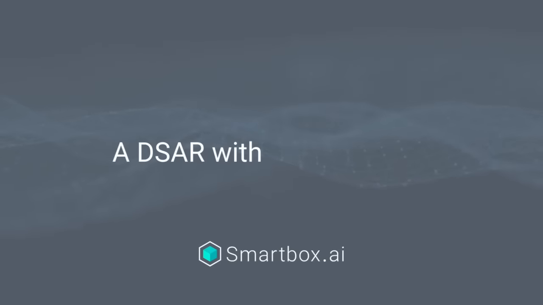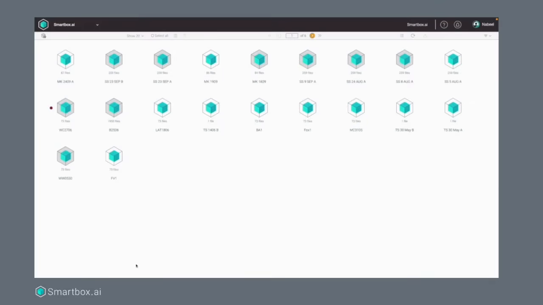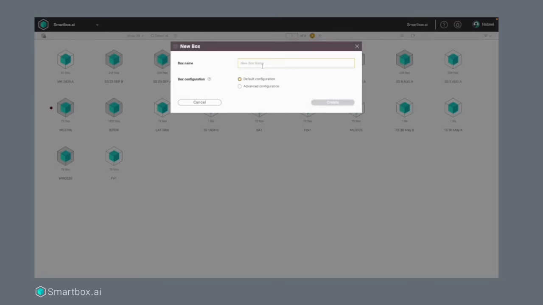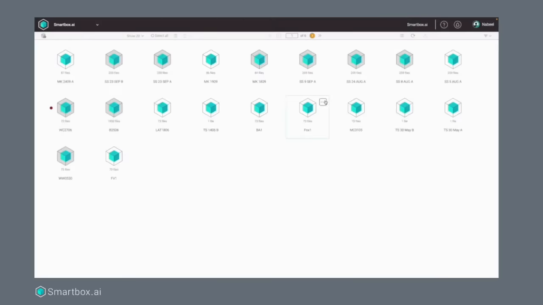A DSAR with Smartbox. Today we are going to run through how a DSAR would look when using Smartbox. Firstly, we will begin with creating a new box. Once we have selected a name for our box, in this instance we will name this box DSAR,